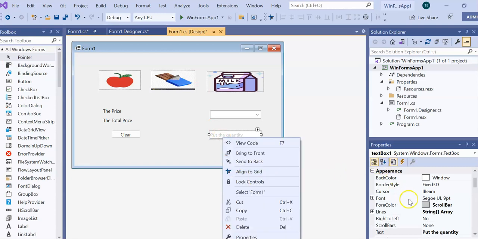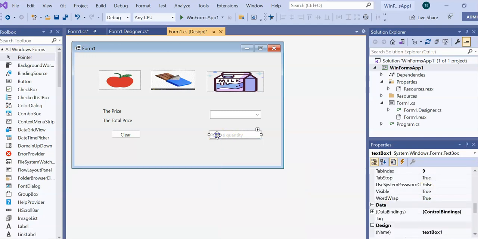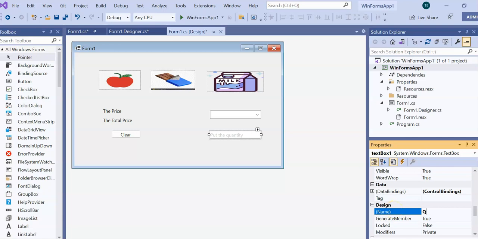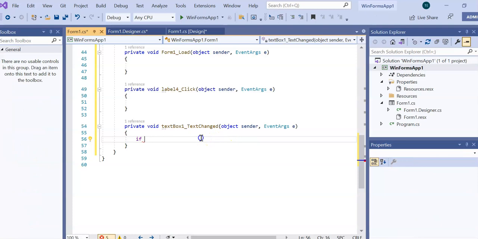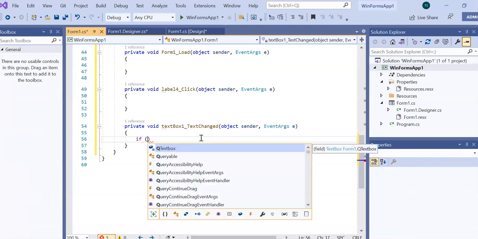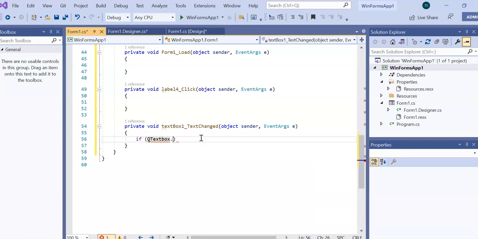Right click here with the name for this one, I named it text box one. So I'm going to call, for example, unit or quantity or Q text box, Q for quantity, okay? So I'm going to click here, if Q text box dot text, there is something called if condition. If condition, I'm going to see if text box dot text equal empty,